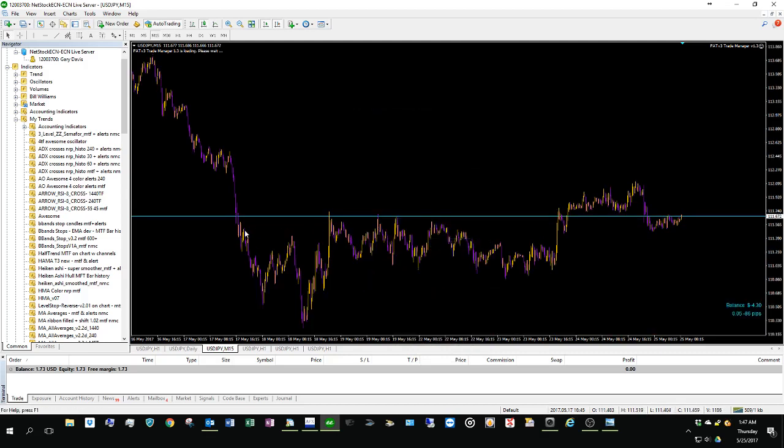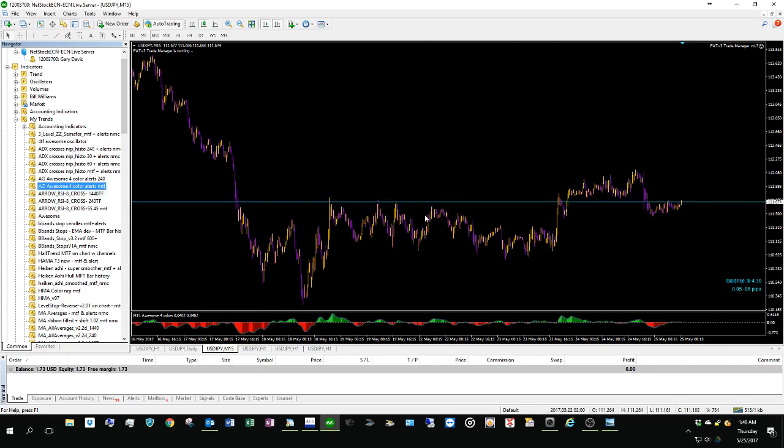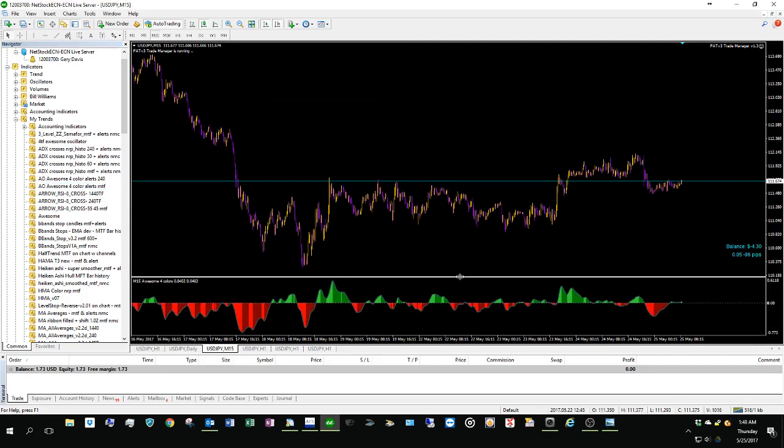Let's get out of that. And now here's one that I really like. It's the awesome indicator. Now it's very similar to a MACD, but it includes moving averages with it. So let's take a look at an awesome indicator. And if we enlarge that a little bit, now how most people trade these is when it's below the line, we're short. When it's above the line, we're long. And so basically we can do short and long, all day long